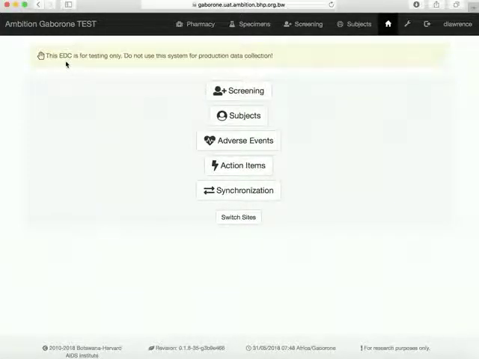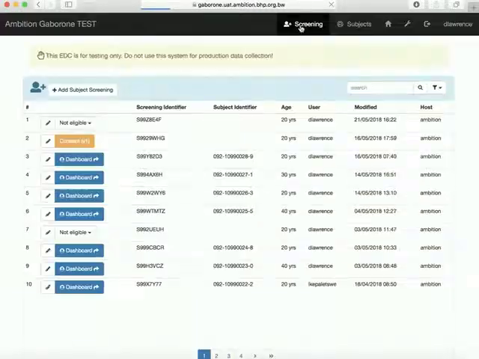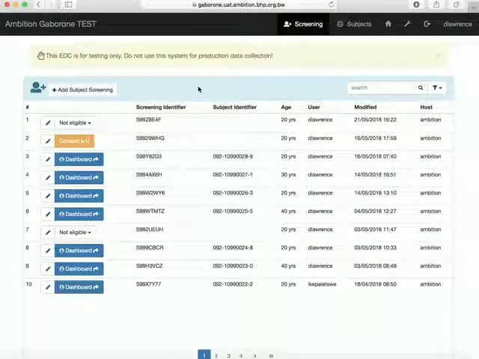So for now, as I say, this EDC is for testing only. So any of the data that you see on this EDC is for patients that have been made up. To screen a patient, you can simply click on the screening page. You can click there, or you could have clicked at the top here, and you get through to your